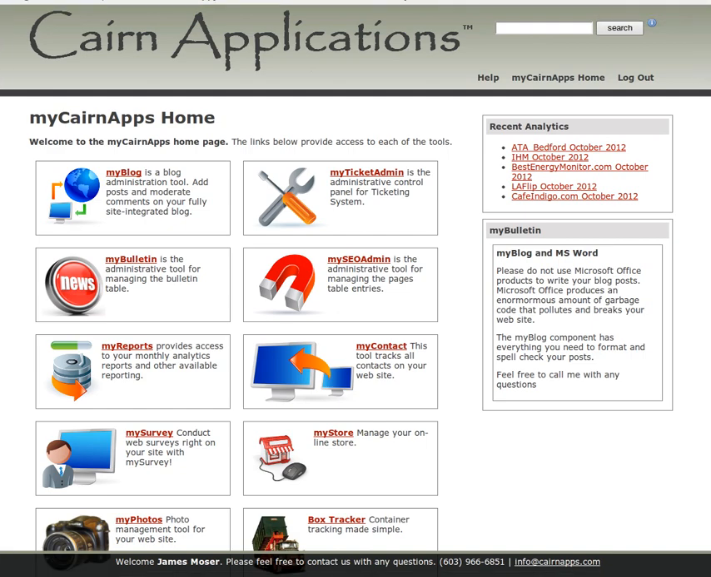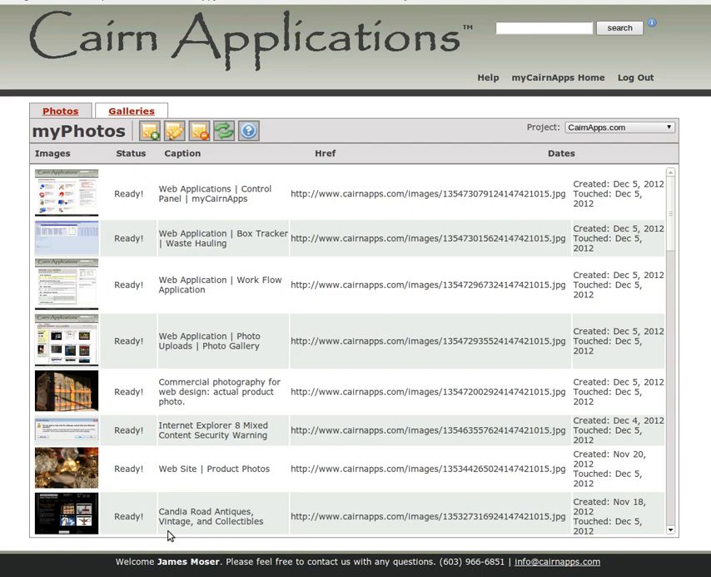Okay, so now we're going to talk about creating a photo gallery on the myCarenApps platform using the myPhotos tool. You log into myCarenApps home and you go to myPhotos, and this will load up the photo tool. There's an earlier video that shows how to upload photos onto the platform to begin with, and this assumes that you've already gone through that process with everything that you want to put in your